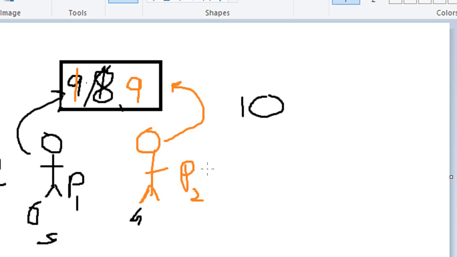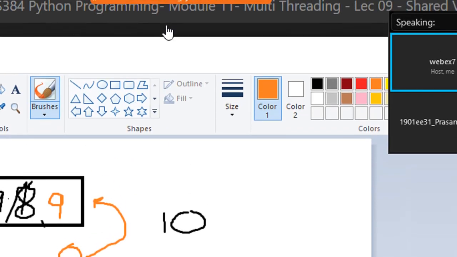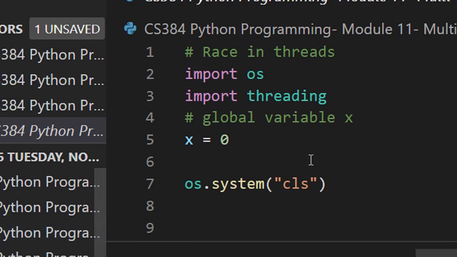So let's say there are 10 children. All of them run together, and let's say 3 children reach the bucket at the same time. Now it will be a race condition because only one can insert, and all of them are saying, I came first, I came first, I came first. So how do you resolve it? This was just a very crude example. Now we will see what happens here.